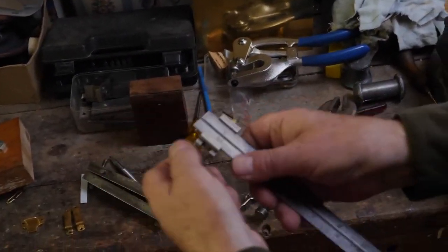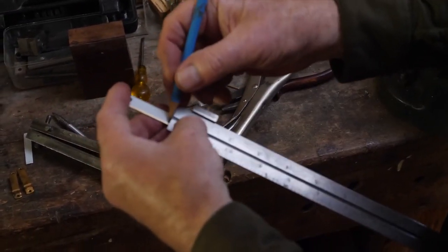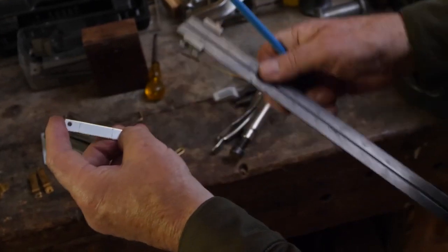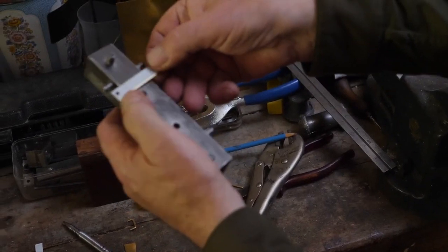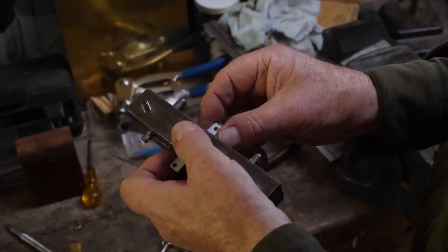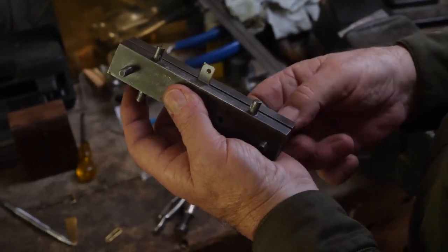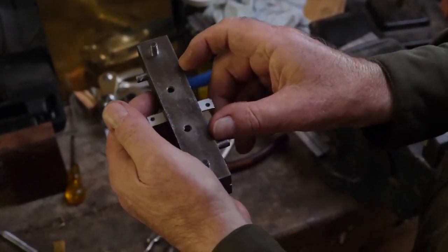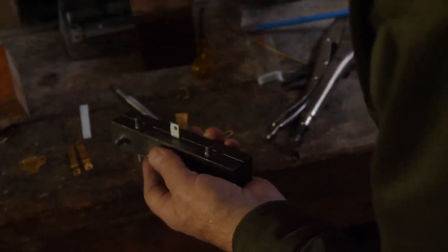Yes, I'm just marking 1/2 inch in from the edge, so that when I put it in this, you see it should show on either side. I'll put it in the middle because there's only one. And you could put several of these in at once, you were saying, Tom? Oh yes, so you don't have to have a row of them in. Make sure they're all in square and